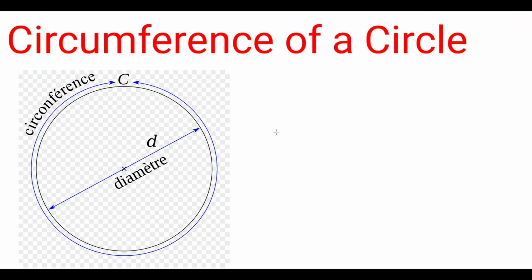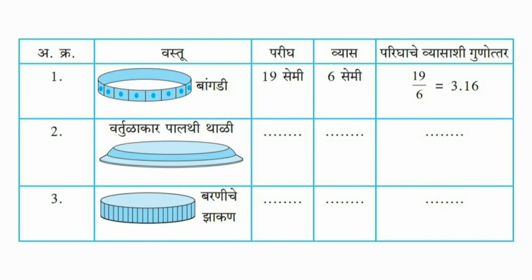Now we are going to learn the next concept, circumference of the circle. Look at those figures. Where is the circumference? In the first figure, I am denoting it as C, and in the second figure, look at here. This is the circumference. Now look at the picture. In the picture, we measure three different things, the circumference as well as the diameter, and we take the ratio of circumference and diameter. We will get